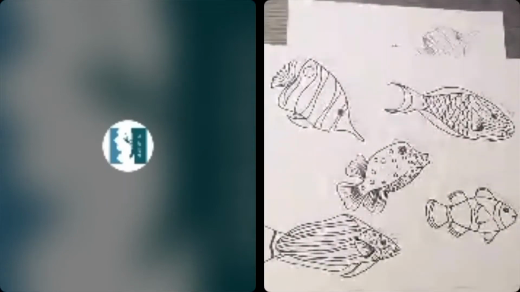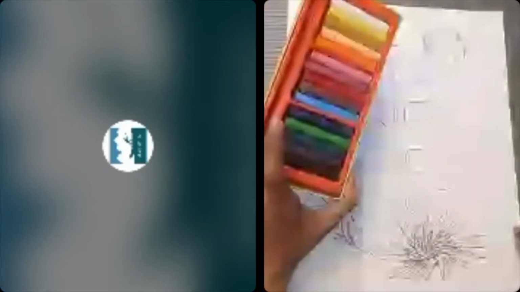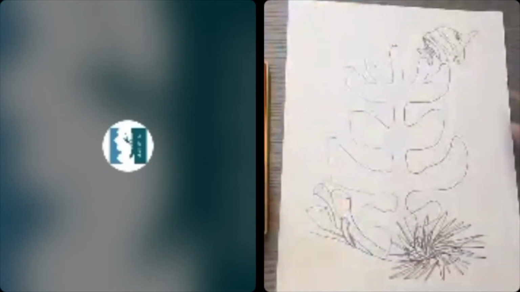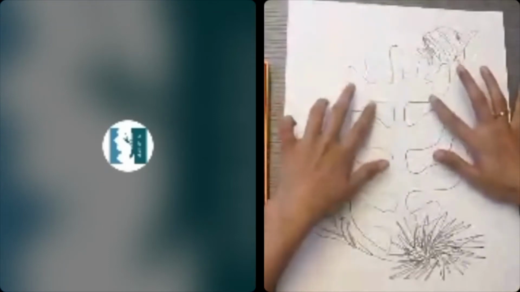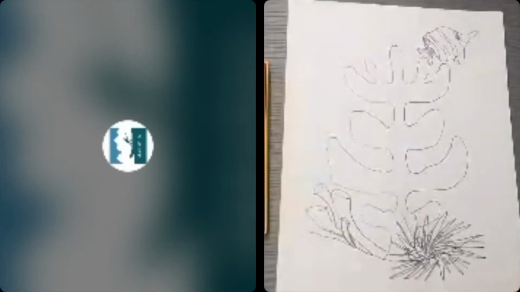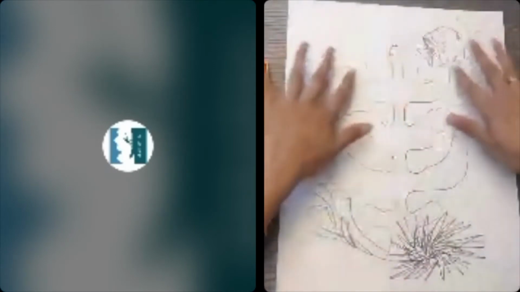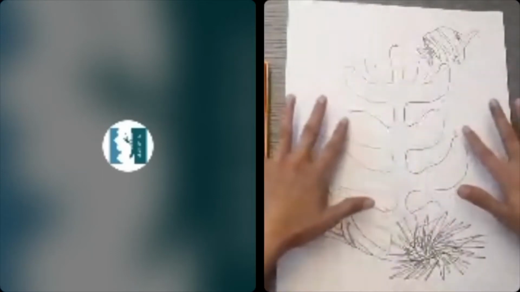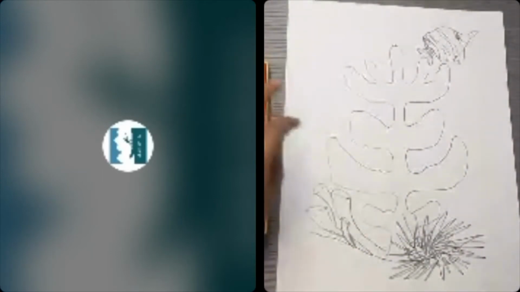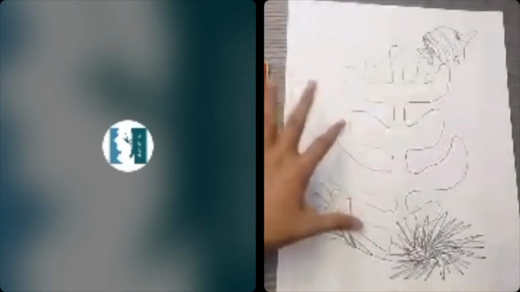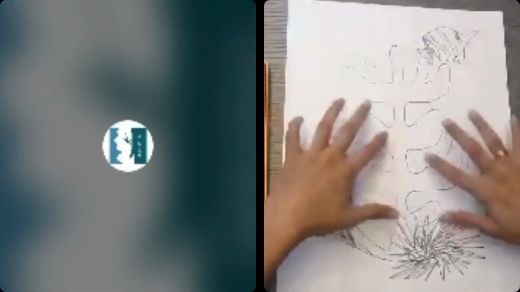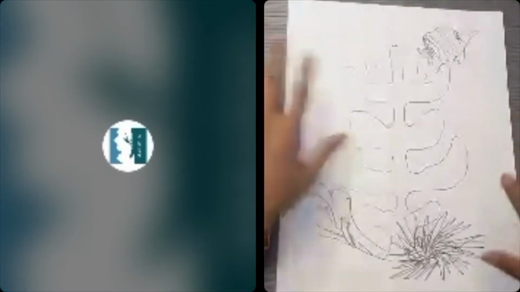All right. So I've got my set of oil pastels here. We're going to think about first just tracing out the shape of our coral. And we're going to avoid blue simply because we will be using blue for the space all around it. We don't want them to merge together. A nice warm color like red, yellow, orange, pink, colors like that will stand out against the blue background. So even if you'd like to use green, that's fine. Green, brown, colors like those work as well. Just blue, we'll avoid.